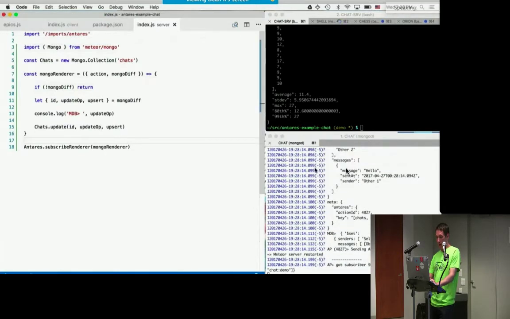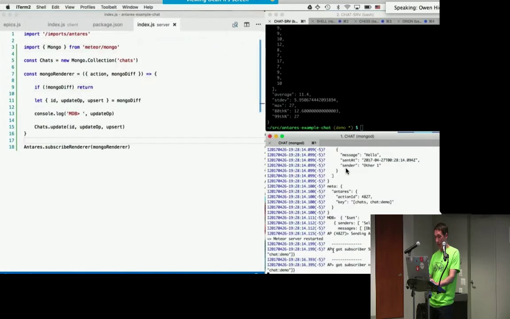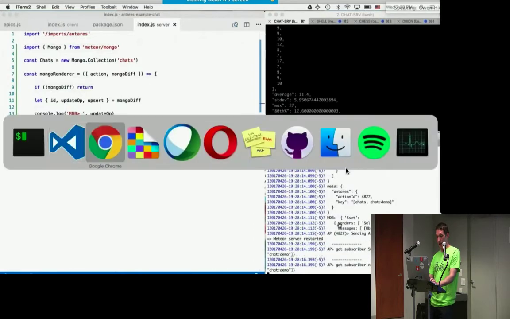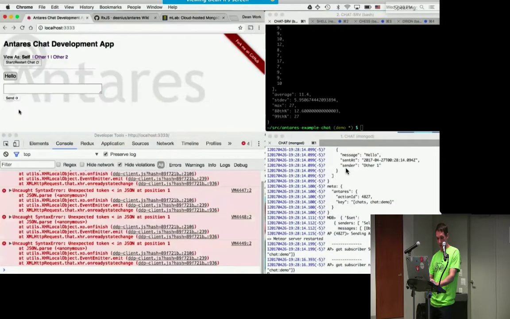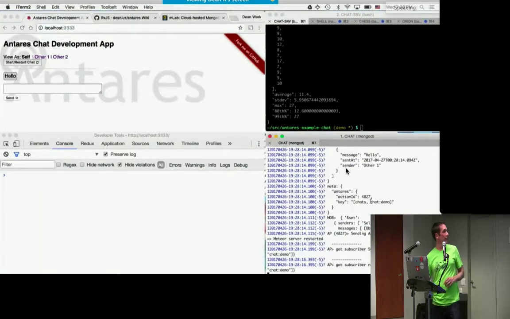So if it did, oh yeah, we already see some MDB messages. Like I said, the chat initializes itself when it starts up. Those are old errors. That's good. Here you see that we've done a set to set it to this initial state. And we can also see that that's what it's going to be in MLab. I'm going to use this view switcher soon to indicate which user I'm typing as. So right now I'm typing as self. Hey, from self from React